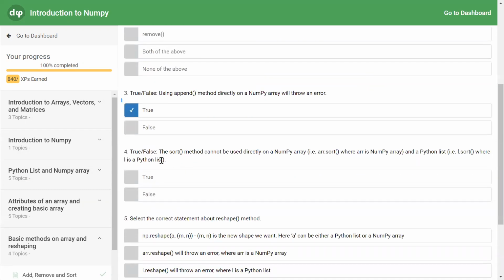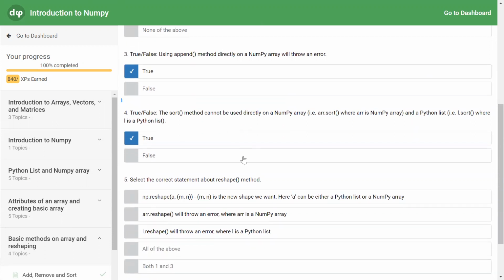Next question. True or false? The sort method can be used directly on a NumPy array, arr.sort, where arr is a NumPy array, and on a Python list, L.sort, where L is a Python list. We have to cross check it.